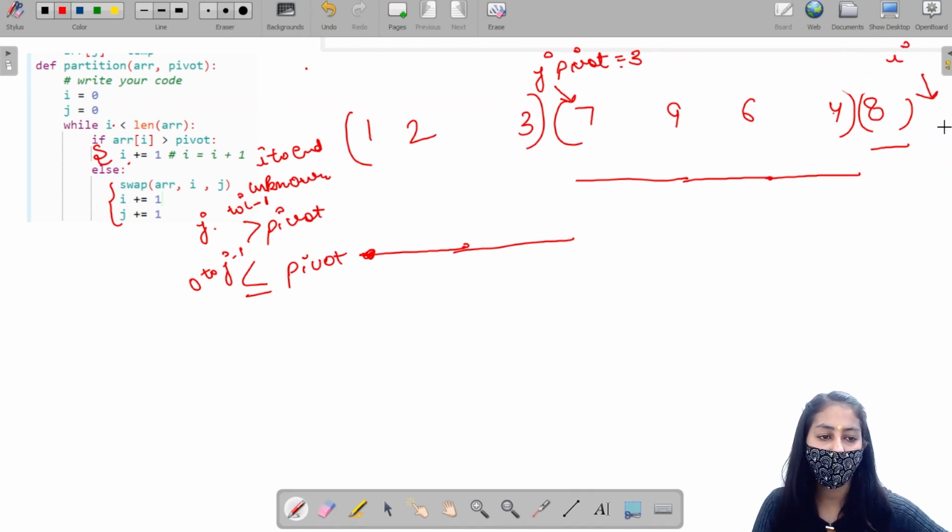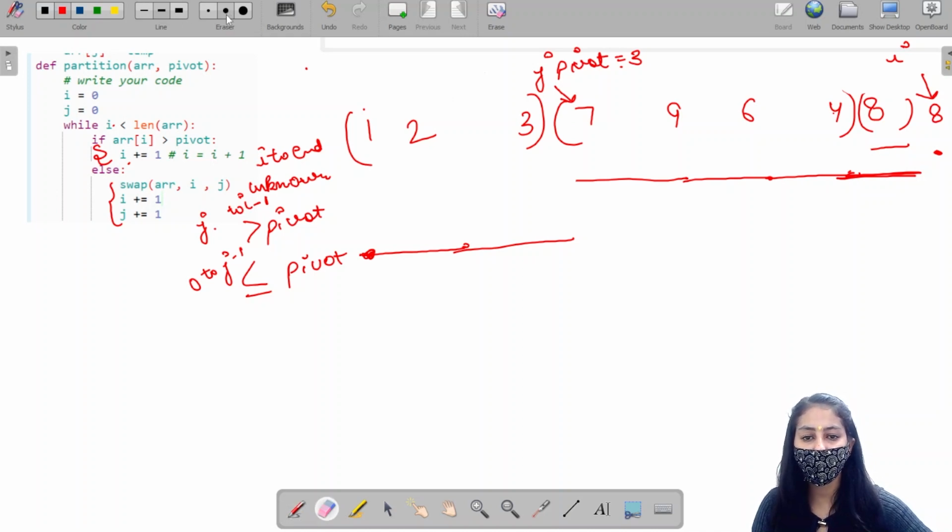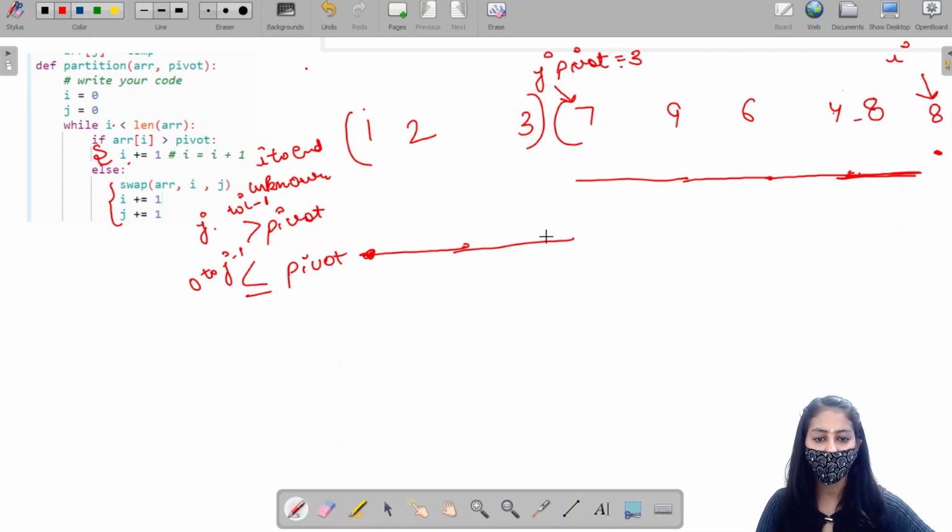Now the value of the I pointer is, firstly it is 0, 1, 2, 3, 4, 5, 6, 7, 8, right? Now the unknown region will decrease to this. The region which contains elements greater than pivot increases, right? And nothing changed in this region, right?